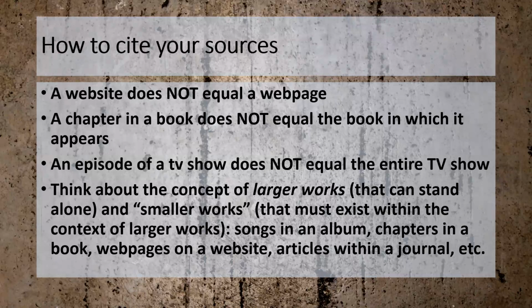we underline or italicize works that can stand alone. Nowadays, we use italics much more than underlining because with online composition, when we see something underlined, we assume that it's a hyperlink. So for the most part, you'll italicize larger works, and the titles of smaller works, you will put in quotation marks. Either way, it's vital to set off titles from the rest of your writing. Otherwise, it gets confusing. But again, as you're evaluating sources and as you're collecting information, even basic citation information about your source, ask yourself, is this something that can stand alone? What is this genre? Is this a smaller work or a larger work?